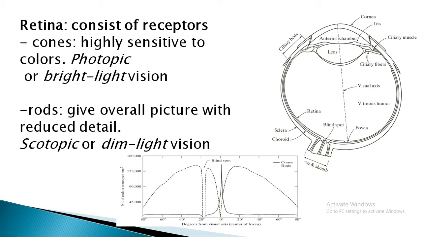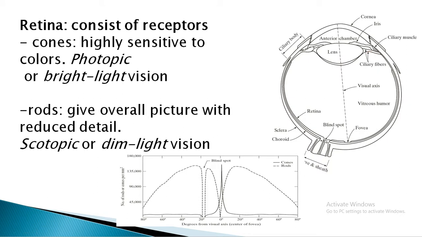Okay, and in the anterior extreme, you can see that the choroid is divided into two parts. One is the ciliary body, and another one is your iris. Both of them are visible here. One is the ciliary fibers, and another one is your iris. Our vision depends on these two things.